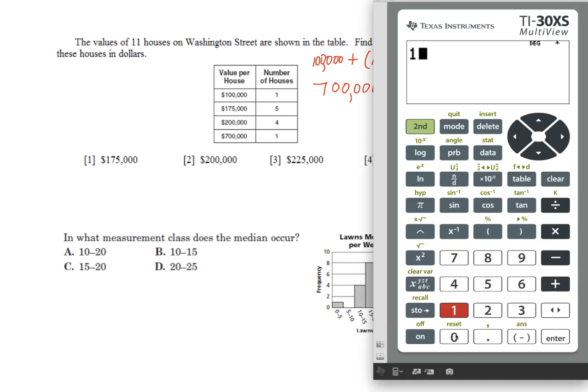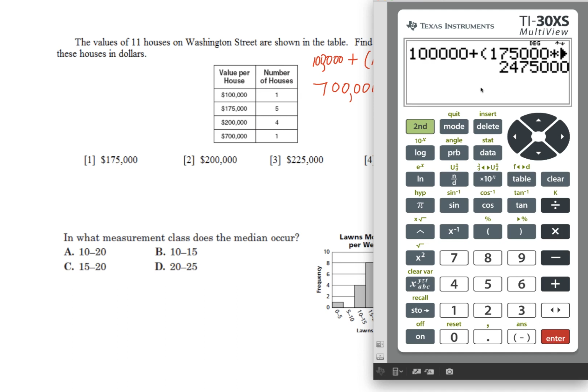So I have 100,000 plus, I'm going to need my parentheses, and I have 175,000, which I'm going to multiply by 5, close my parentheses, plus I'm going to take 200,000 and times it by 4, plus, and then the last thing is there was only one at 700,000, and enter. So the total is